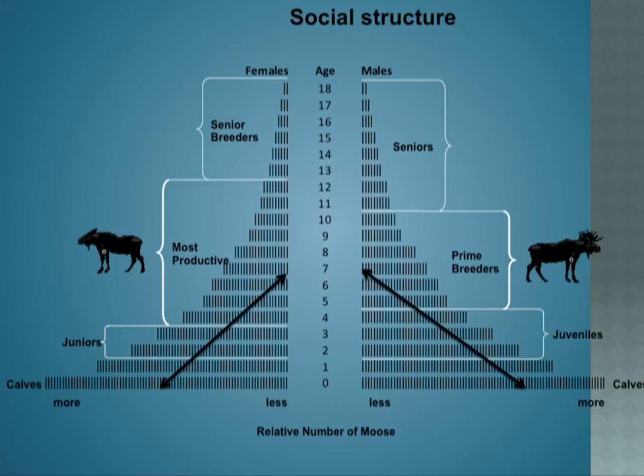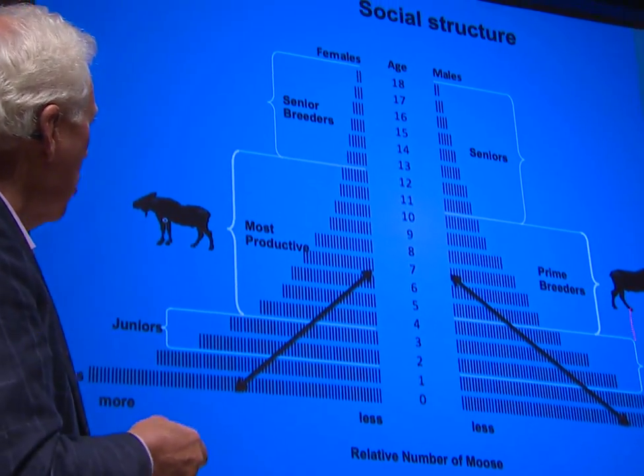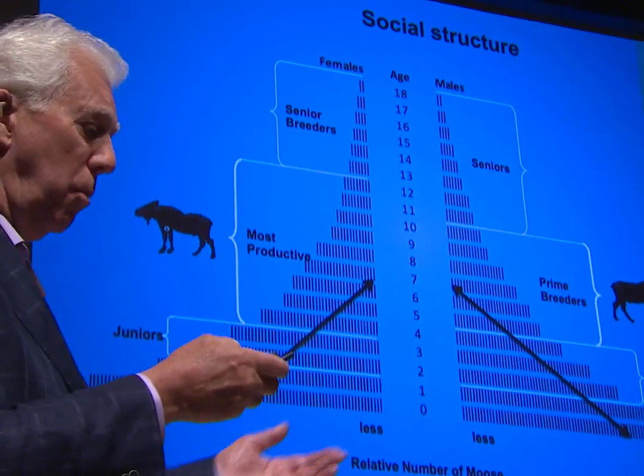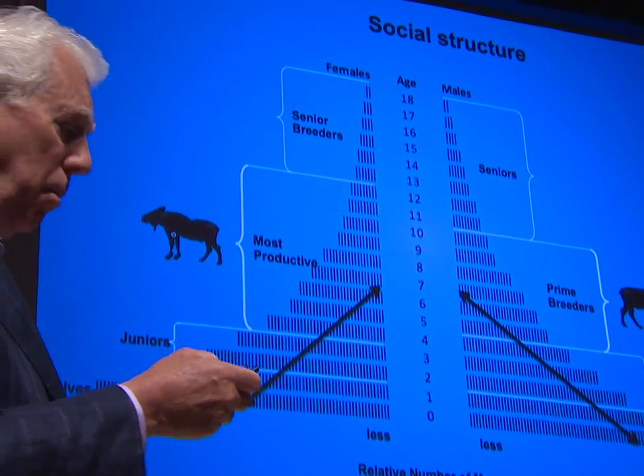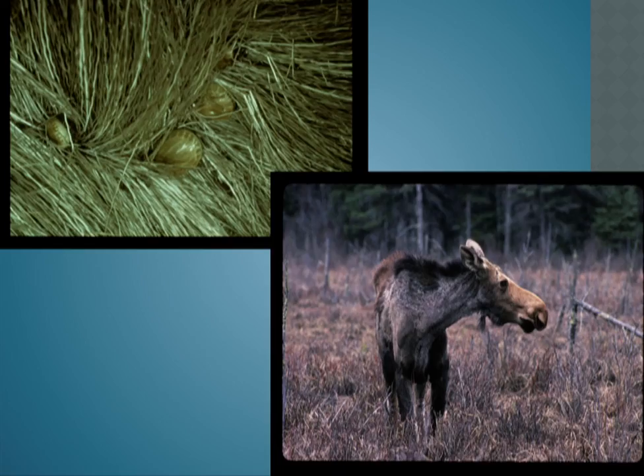Now, I just arbitrarily put these lines on here. When populations go down, everybody above these lines is gone out of the population. The mature bulls are gone, the mature cows that are producing twins are gone, and we have a real problem. And the same with this, some real data here, the same thing.